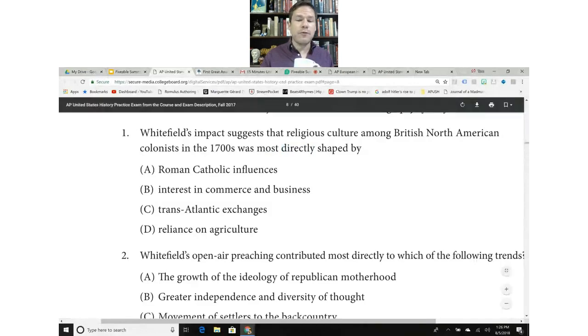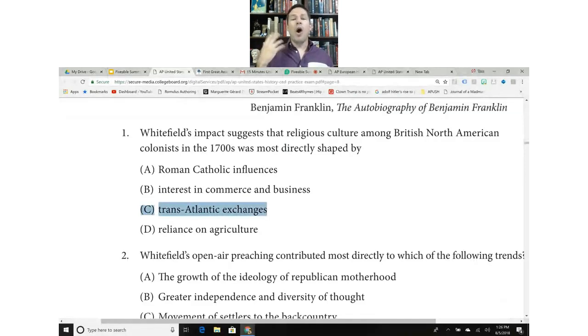So if a student knows who he is, there's nothing the stimulus is going to help them answer this question. Now, another thing that they do, because the College Board wants to make this seem hard, so rigorous. So instead of just coming out and saying it's across the English-speaking world, they say transatlantic exchanges, because this sounds really up there.